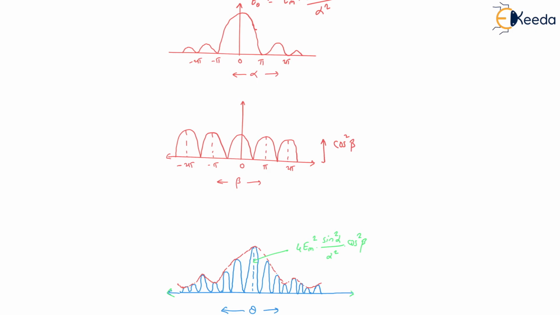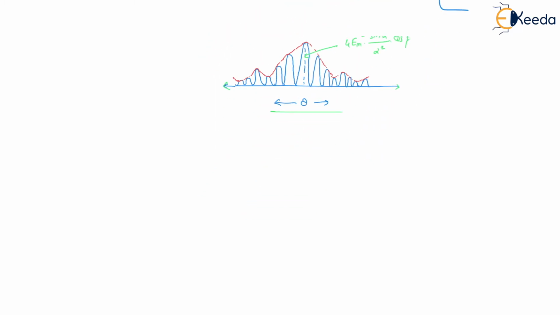Decrease means what? Just imagine that for this particular central maxima, we have two interference maxima, suppose. So when b is increased, the number of interference maxima that lie within this central maxima will also increase. This is another point. Now we will check it out for the third one.